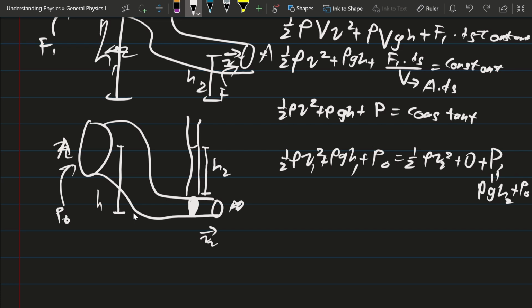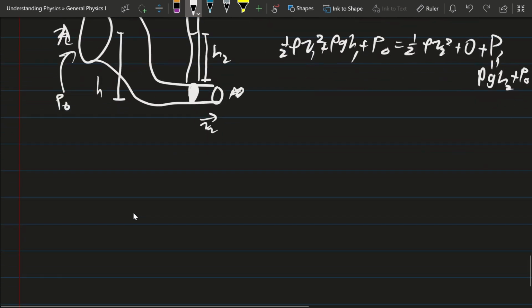So that's something interesting for you to remember. So I want to go into the application of fluid dynamics. And one of the things is the Venturi pipe. So basically the Venturi pipe is something like this,